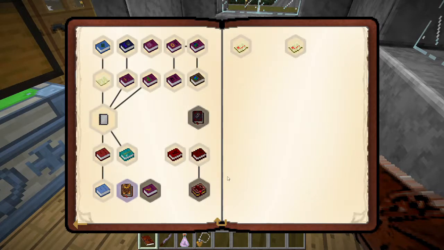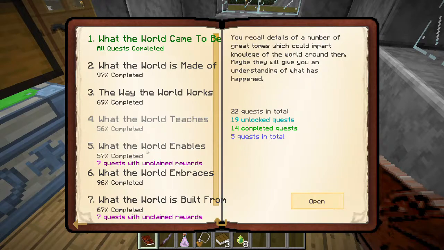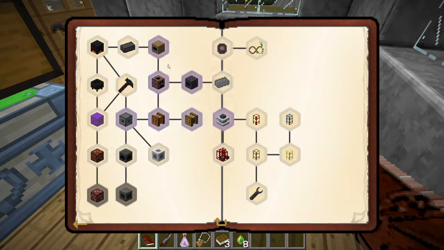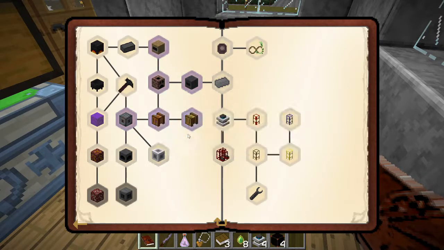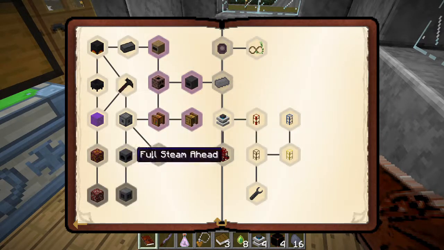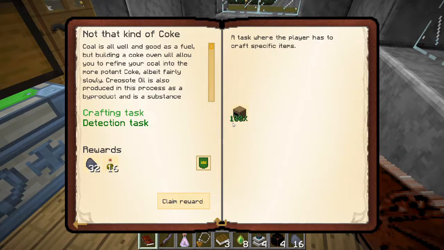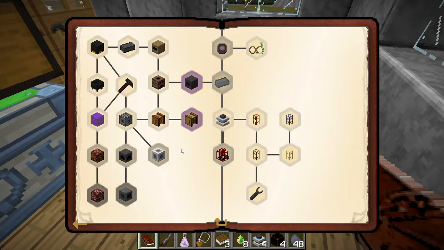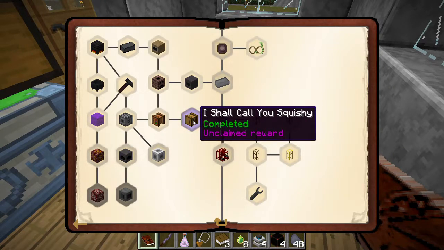Then next is in What the World Teaches. That was getting my Thaumonomicon to get started in Thaumcraft. What the World Enables, I've done quite a bit of the machinery quests. So I went and got some oil from one of the spouts that's out at sea there, and I built a rolling machine and a little steam engine to power it. Built a carpenter. Using the carpenter, I was able to build the bloomery, and of course, coke oven to get creosote oil and coke, also for the bloomery. The blast furnace, which allows me to make steel,